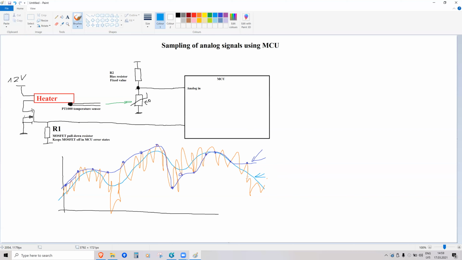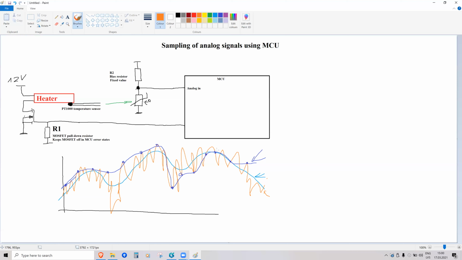Well, the blue is the real signal at the temperature, but the orange is the signal with noise. The orange one would be like the real signal in the real world. So now we have to look at methods how we can get rid of this noise and get rid of this sampling mistake. This sampling mistake is called